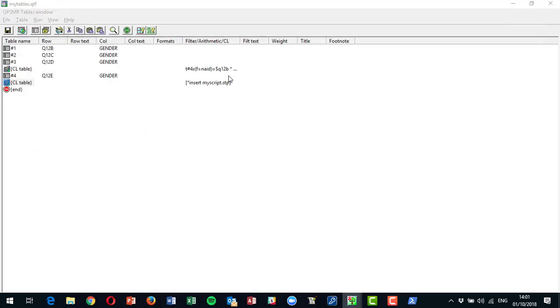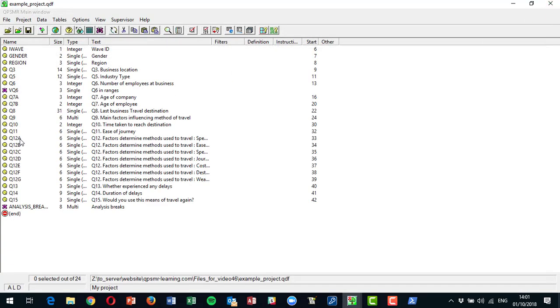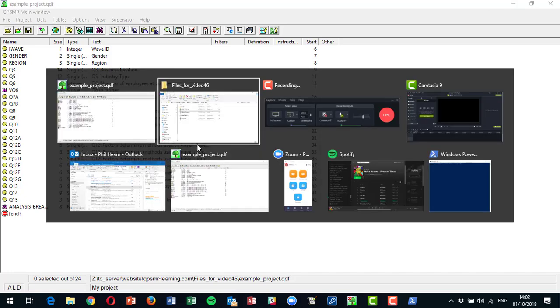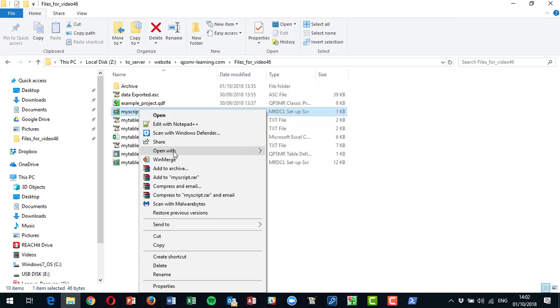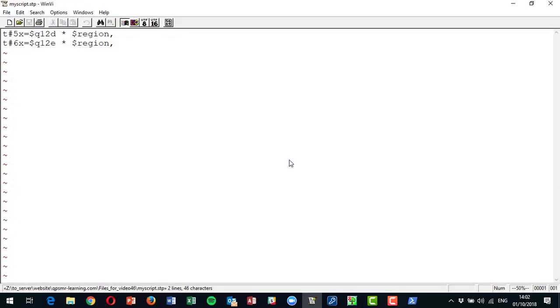And you get some real advantages in here. So if we go back to our original questionnaire, we've got Q12A to Q12G here. So we could, for example, in my script, and this is where you start to see the power of scripting, we could do something like this. We could add on the bottom here, star do a 1 to 7, and in here we could do a loop of 7 tables, which did